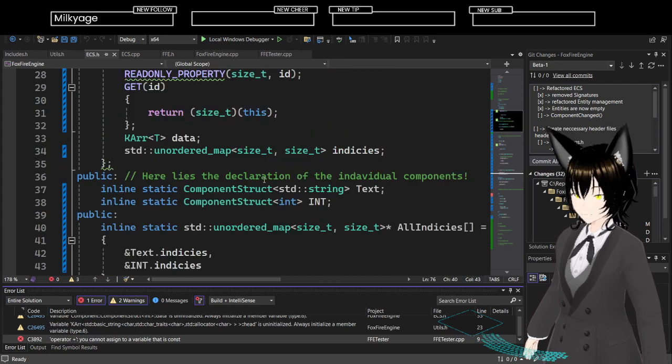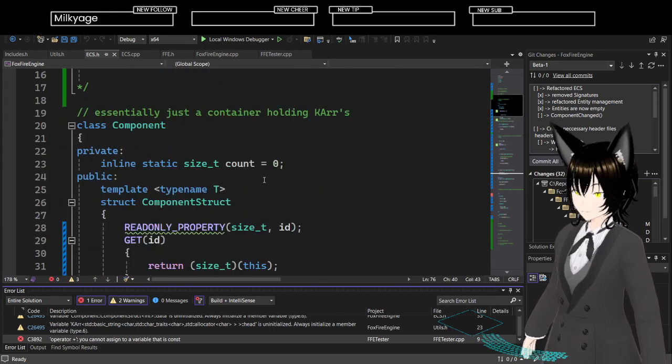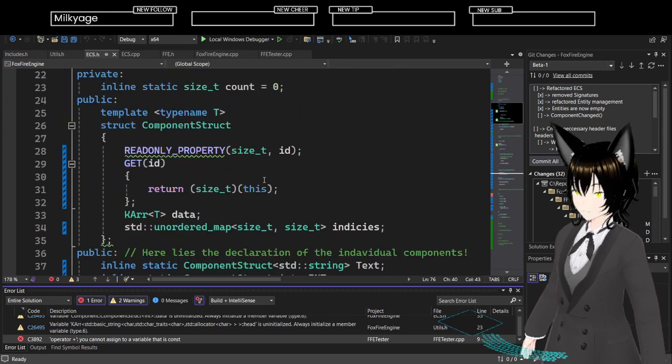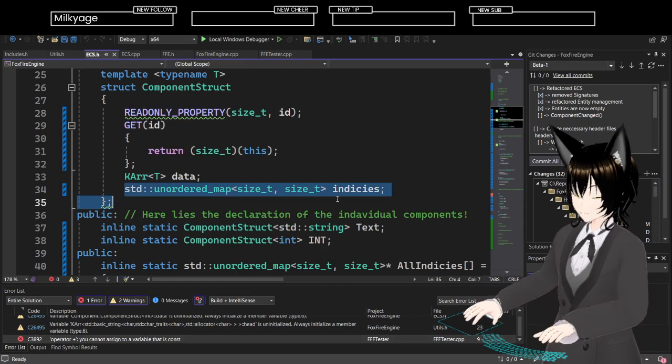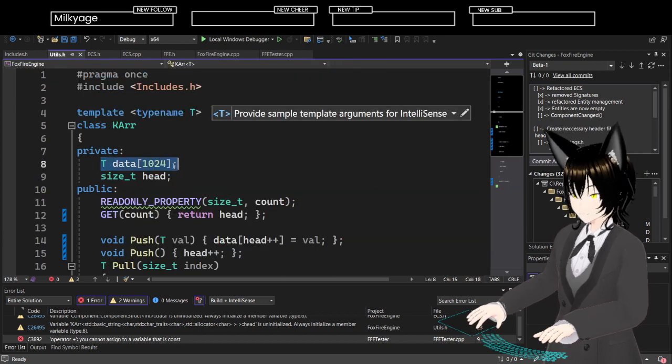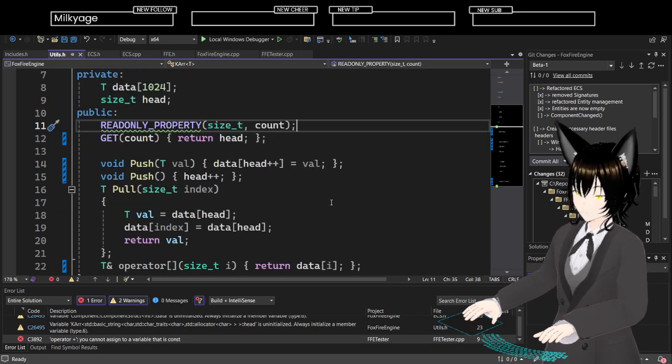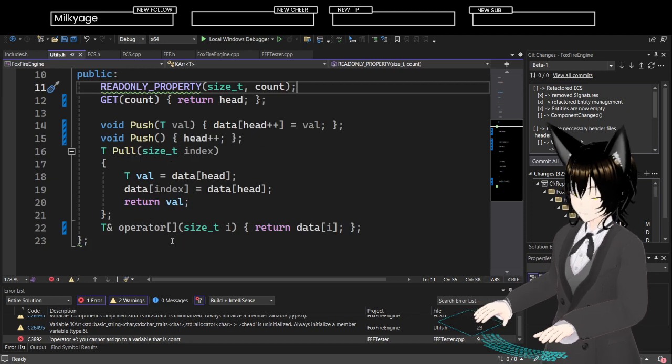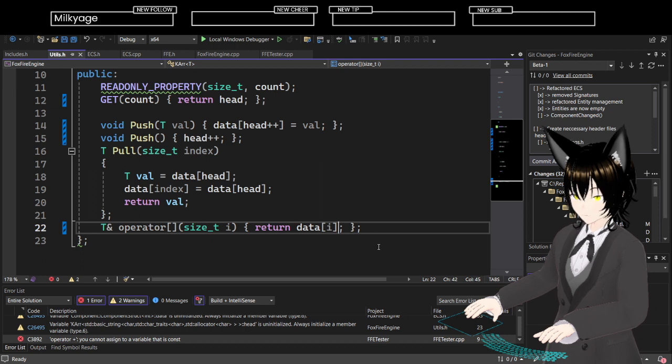Am I not returning unordered map indices? K-array data. Utils.h K-array T data. Push operand T, return the data.